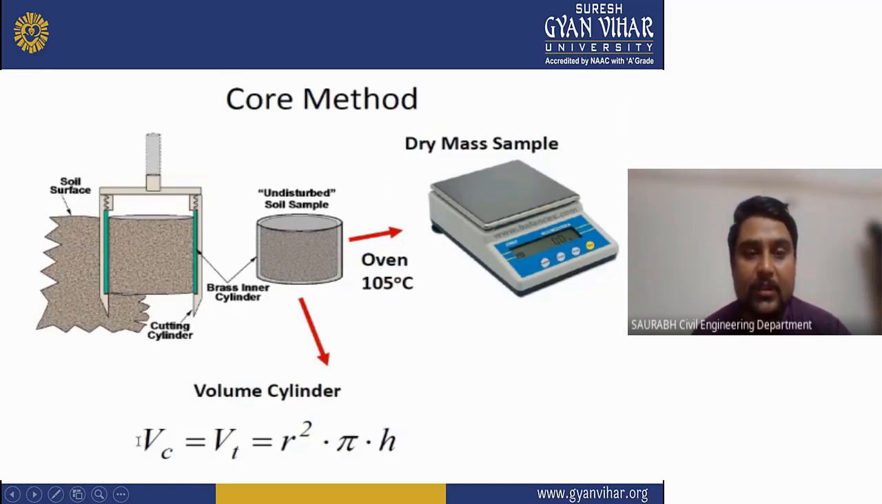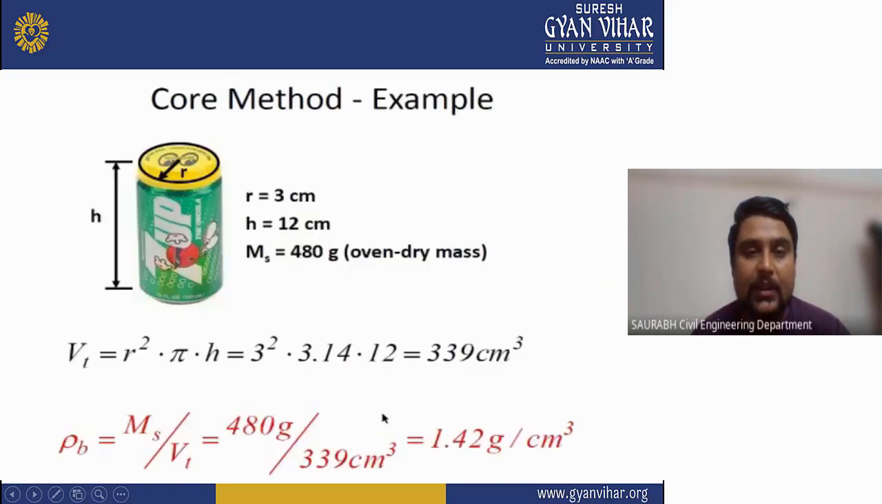And here you can see the volume of the cutter, VT, will be equal to R square pi H. This is a simple formula for determining the volume of a cylindrical thing. Now we will see the example of a core cutter method. Here R is given as 3 centimeter, H is given as 12 centimeter, and MS is given as 480 gram